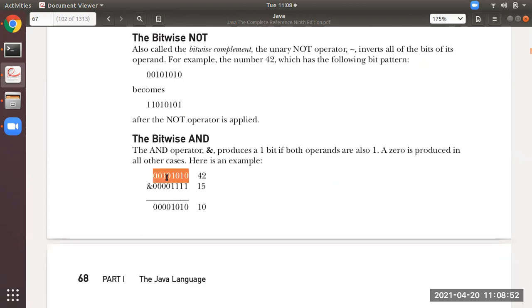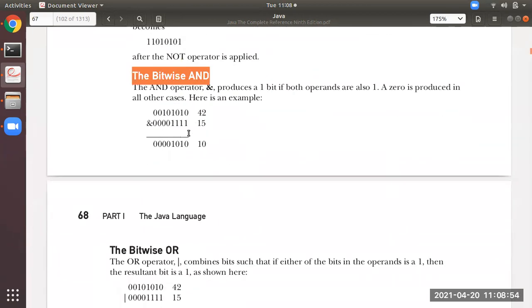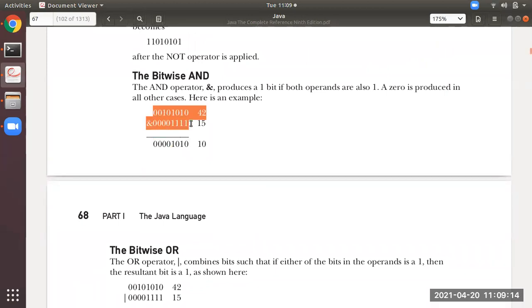Remember here, this is the example of bitwise AND. This is 42. This is 15. And what it is performing, the one which I've highlighted, AND operator. So you observe over here, where there is 1 and 1, there only the output is showing you the 1. Otherwise, the output is 0. So performing AND operation on 42 and 15 will give you this binary number. Okay, that is nothing but 10.